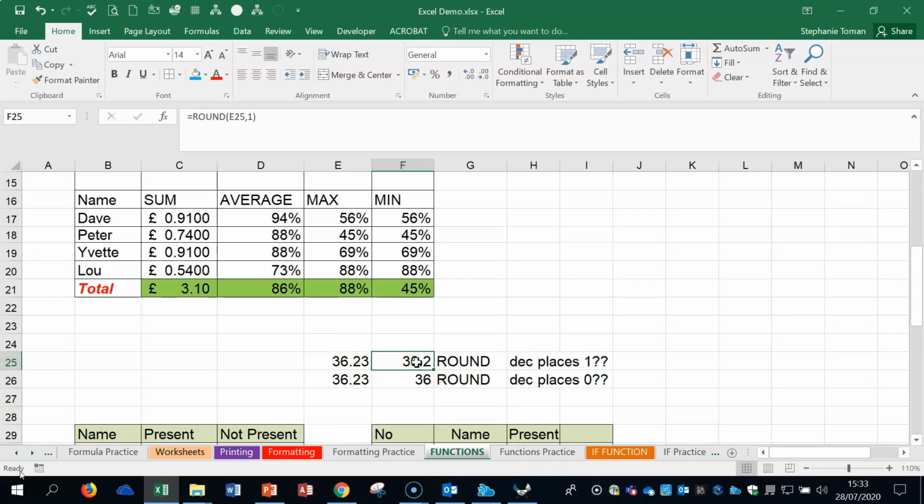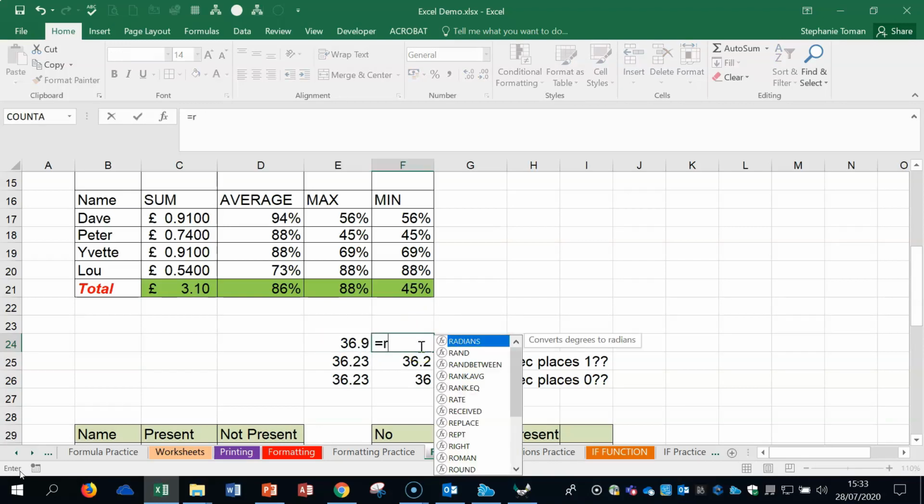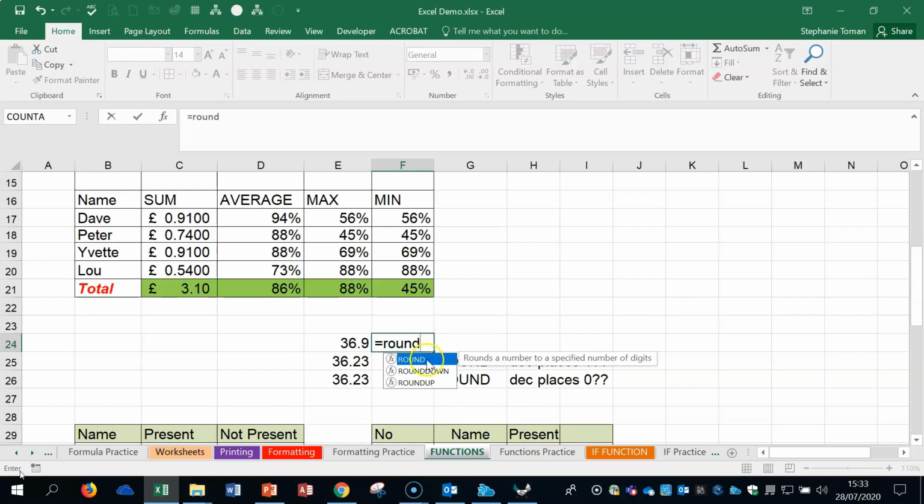If we use a round with round into one number, then it drops the 3 and we get 36.2, 1 decimal place. If we have no decimal places, you can see the 0 up there, so the 0, that means we drop the 2 and the 3. If we had a figure 36.9 and I put in a round, let's do it together, so equal round, start to type it in, double